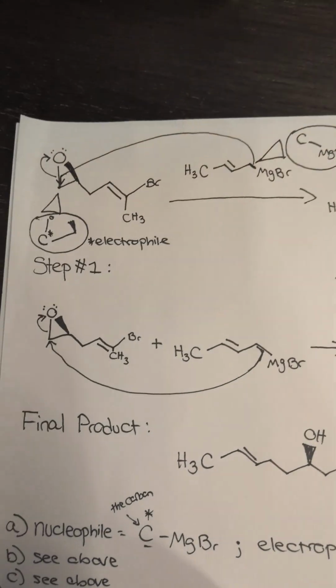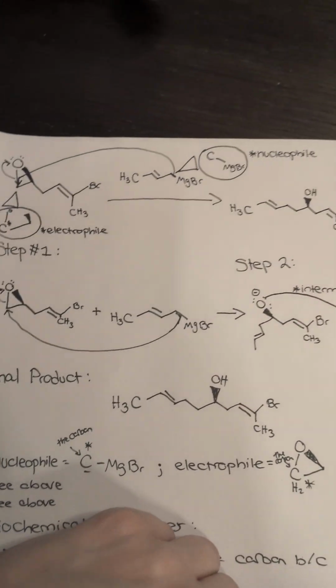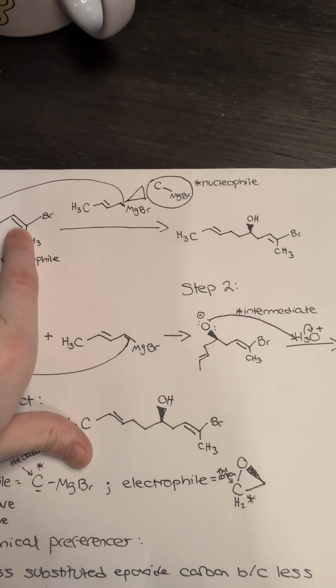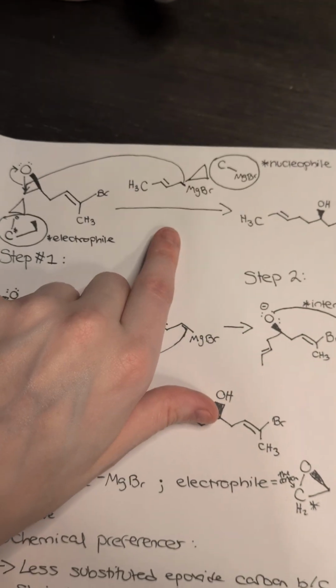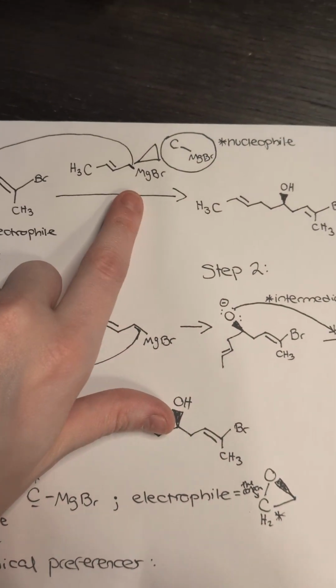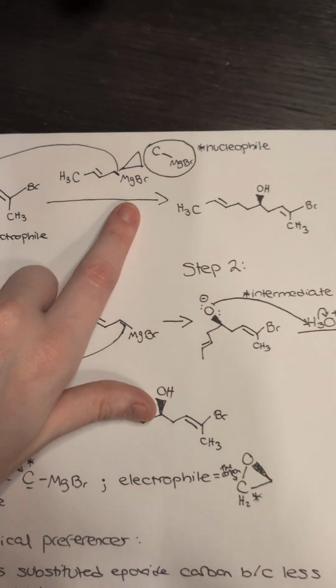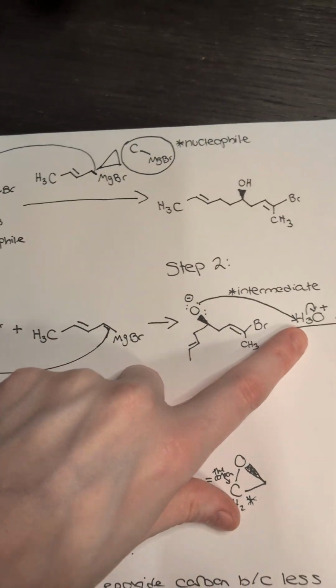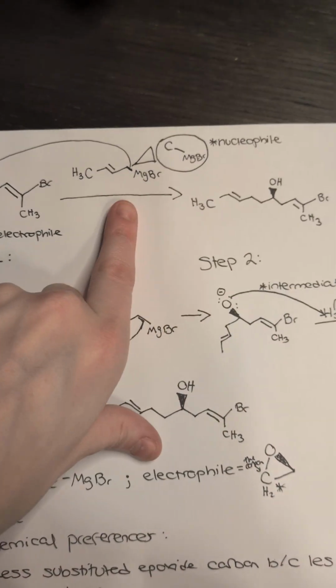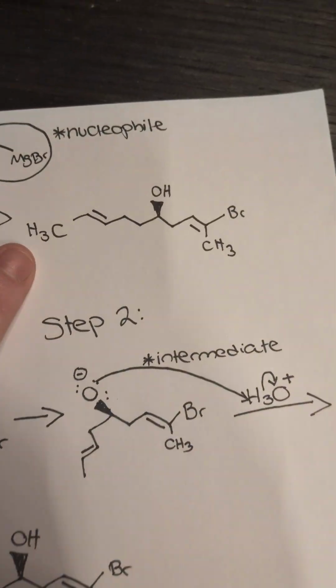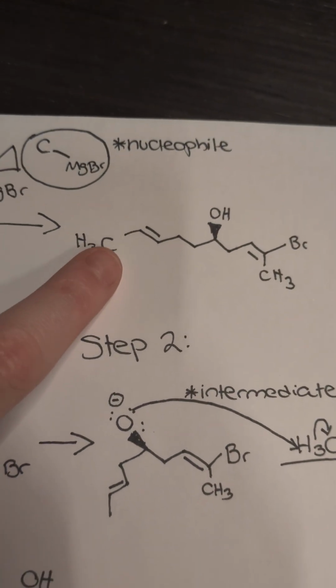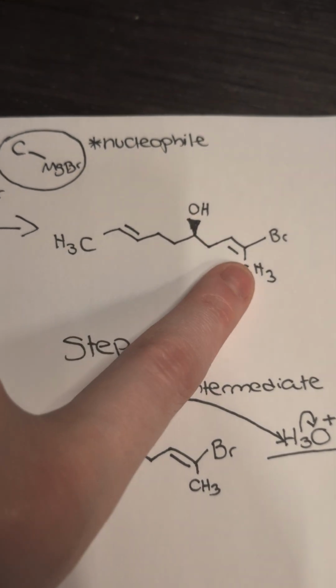The epoxide reacts with the Grignard molecule and then undergoes a neutralization reaction, or an H3O plus workup, to result with this structure right here,